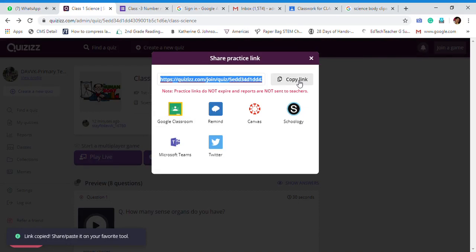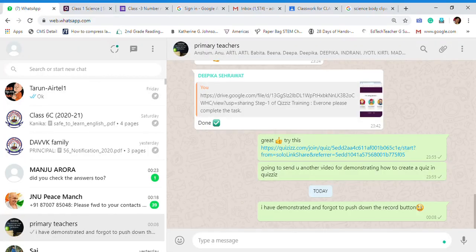You can copy link and then you can share in Google Classroom or WhatsApp, wherever you want, and Microsoft Team and other platforms. And if you directly want to add it in Google Classroom, then you can click on Google Classroom as well. So I am clicking on copy link so that I can try again and again, then post it in Google Classroom. So I have copied and I am showing you how I am posting it in the WhatsApp.